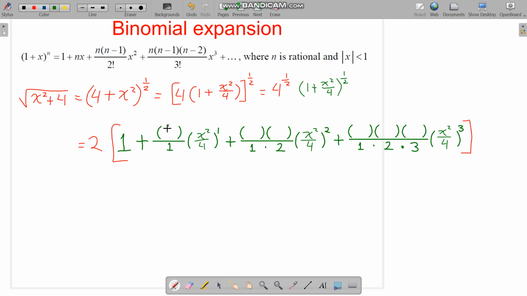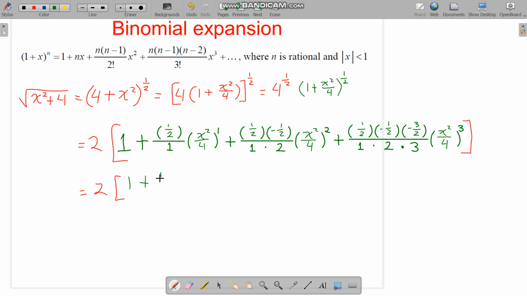The n starts from 1/2, 1/2 minus 1, minus 1/2, 1/2 minus 1, minus 1 again, minus 3 halves, and then we simplify. This is equal to 1